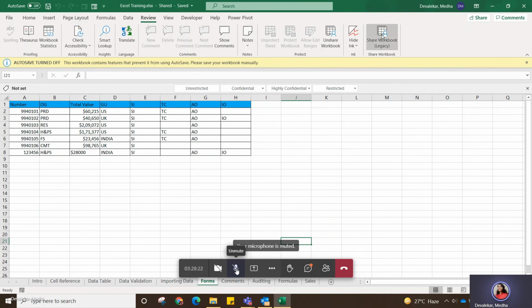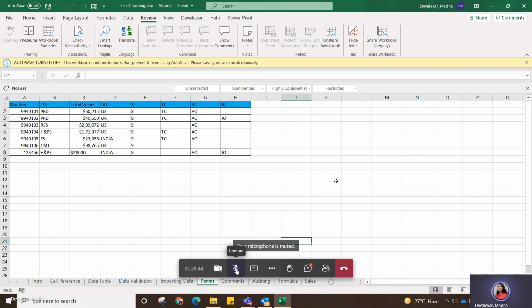So the sharing is like you are using the same workbook on different machines, and if you are working simultaneously in that workbook, there might be some conflict, and the machine will not be able to understand which changes need to be saved.